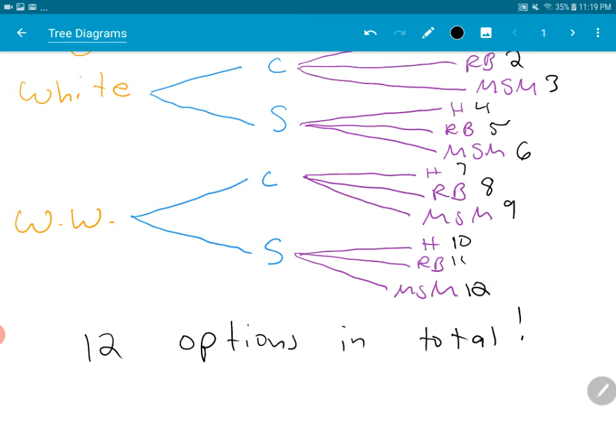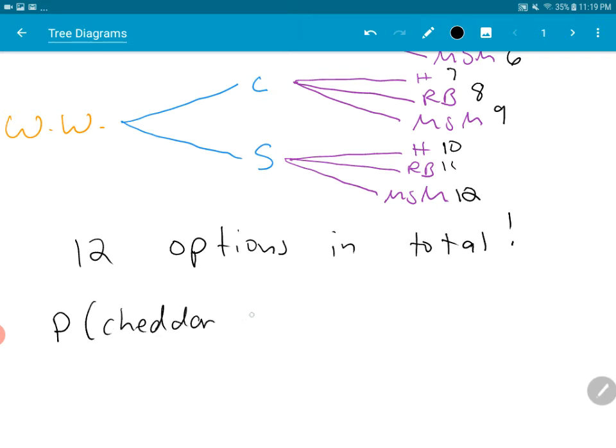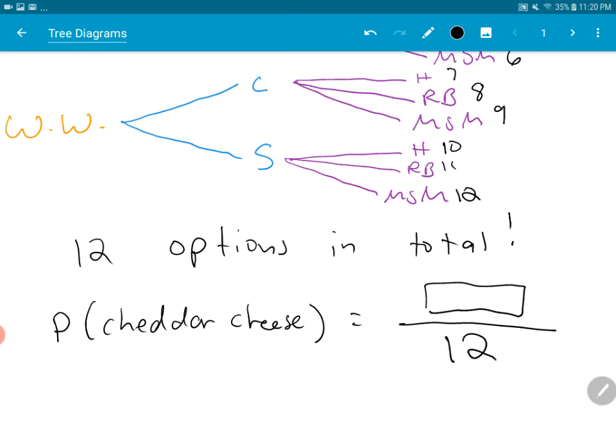Okay, so I'm going to add one more layer to this, and I'm going to say, what is the probability of having a sandwich with cheddar cheese? So you learned the other day that with probability, we know it's out of a total of something, right? We say the number of outcomes goes in the top of what you're looking for, and the total goes in the bottom. So we said our total was 12, so we know in that denominator we're going to put a